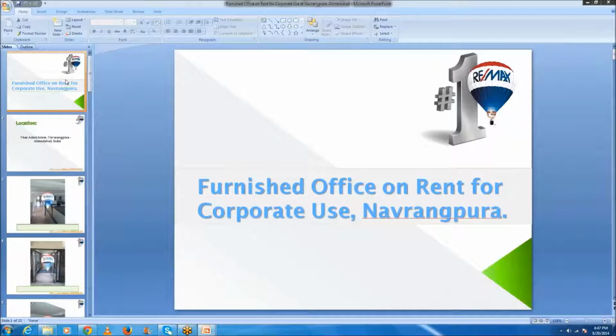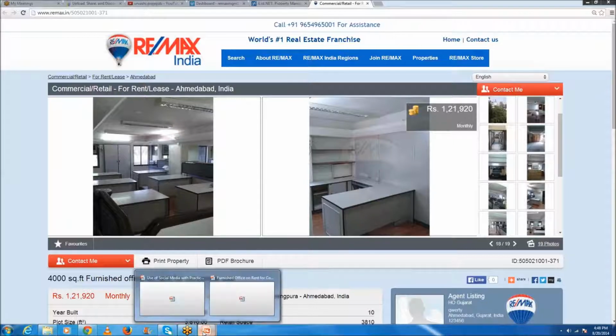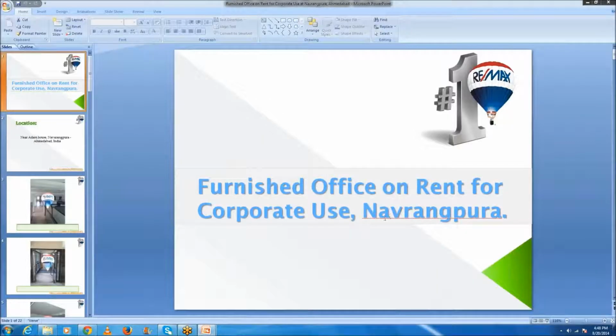You can take any template you wish from this PowerPoint and then create the property. The only thing you need to take care of while you prepare this PowerPoint presentation is that in the first slide you keep the same heading which you have used here, furnished office on rent for corporate use, Navarangpura, Ahmedabad, which would be the title slide for your presentation.